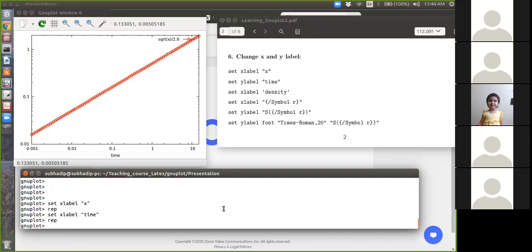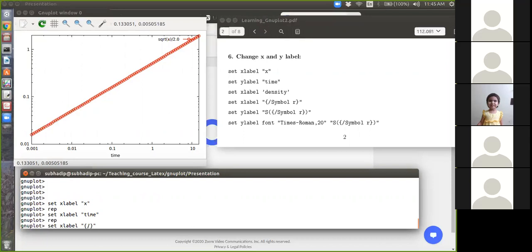And if you want some special symbol, say the Greek alphabet rho, so if you want to plot something as a function of rho, you can write it here using this command. It is similar to the LaTeX command. So this slash is the ordinary slash, not the backslash like LaTeX.